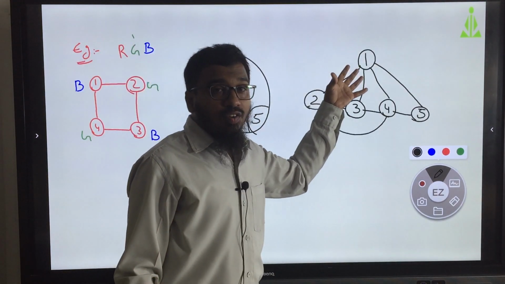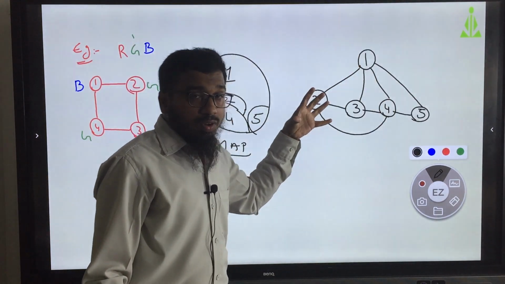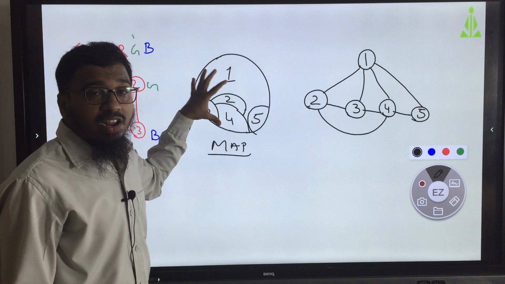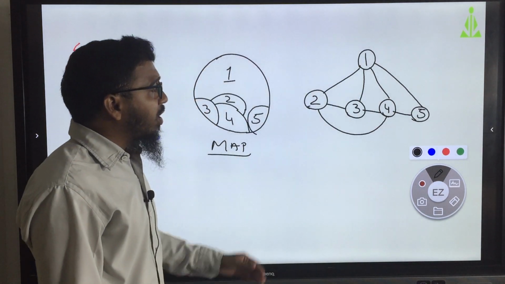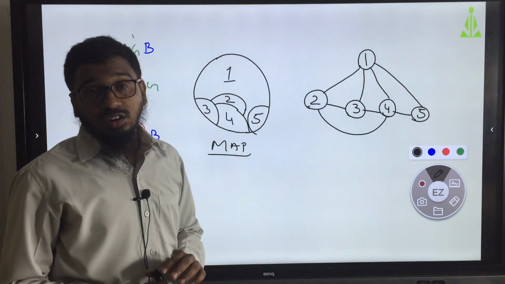So, this is a graph. We make a graph according to the real-time map problem, we change that to a graph. Okay. Now, we need to give the colors.